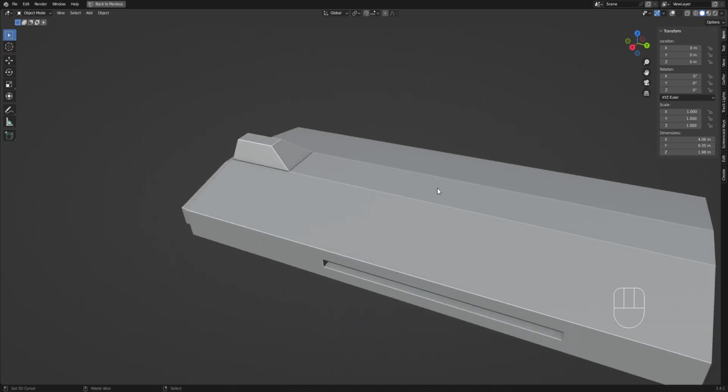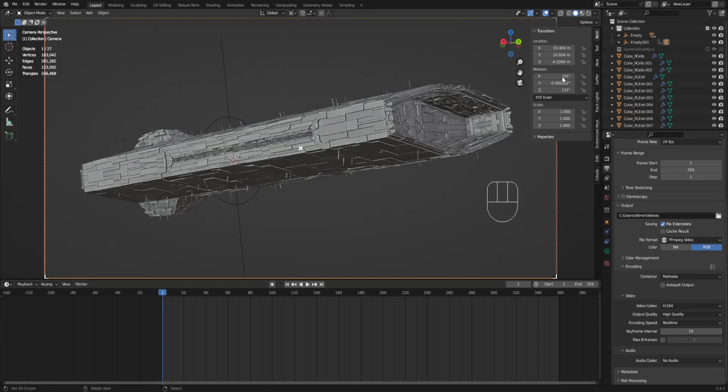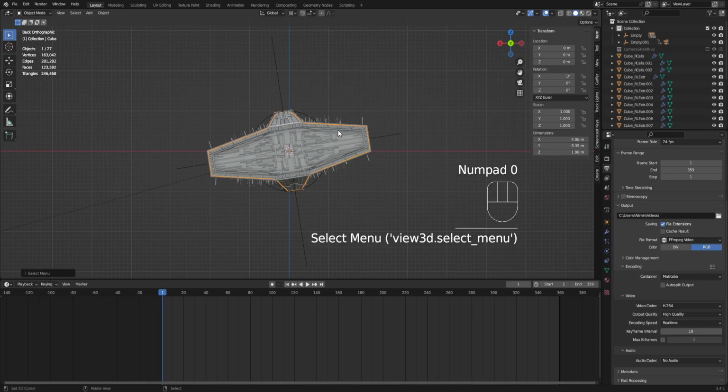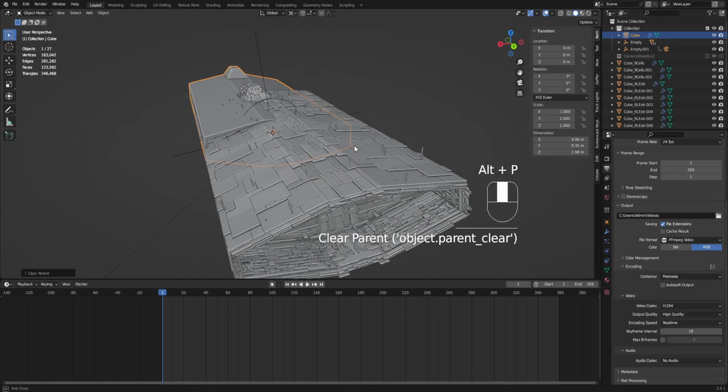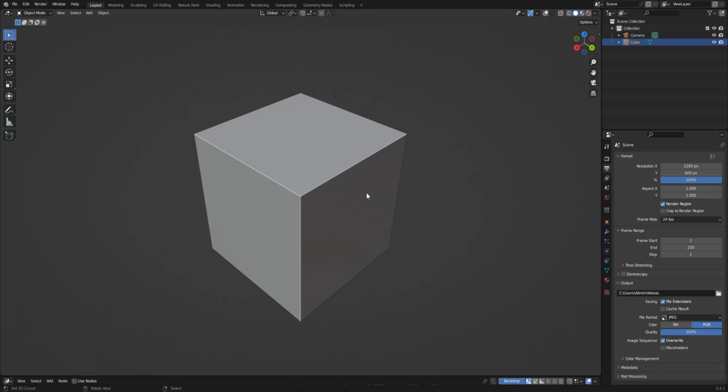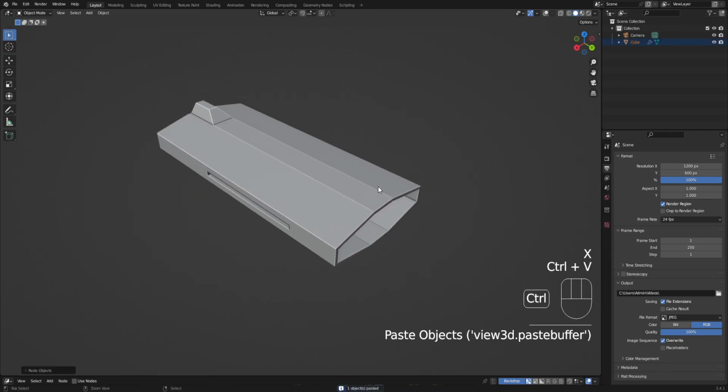Okay, let's go back, shift, and go to the cube, and Alt P, clear parent, and Control C, then create a new file, and Control V. Okay,